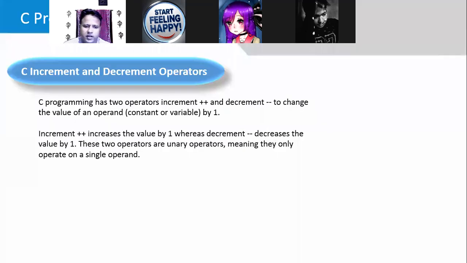Unary operator. Okay, unary operator means an operator which is working on one operand. So here we pass C equals A plus B. So here you have two operands, that is A and B. But when the operator is working with one operand, then that is called the unary operator.